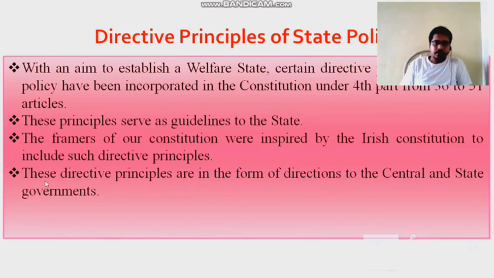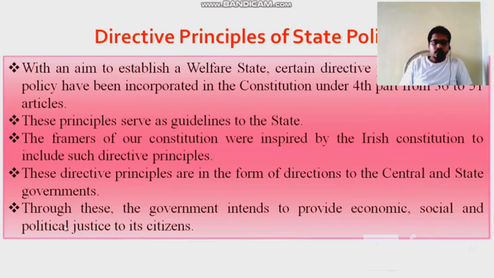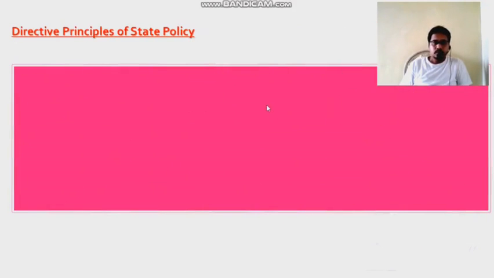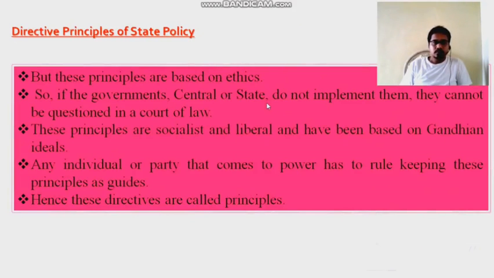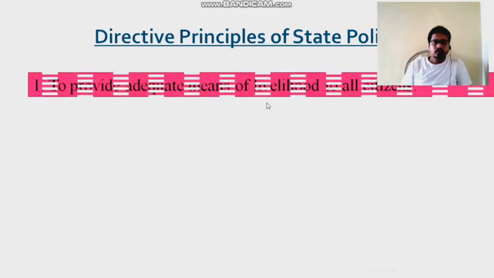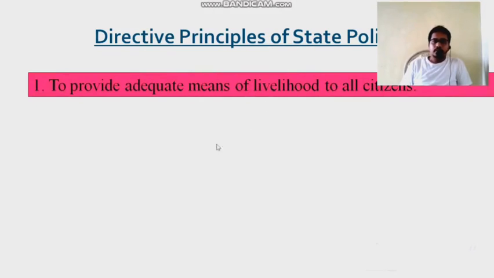The framers of our Constitution were inspired by the Irish Constitution to include such directive principles. These directive principles are in the form of directions to the central and state governments. Through these, the government intended to provide economic, social, and political justice to its citizens. So let us come to know what guidelines are provided to the state for development. First one,